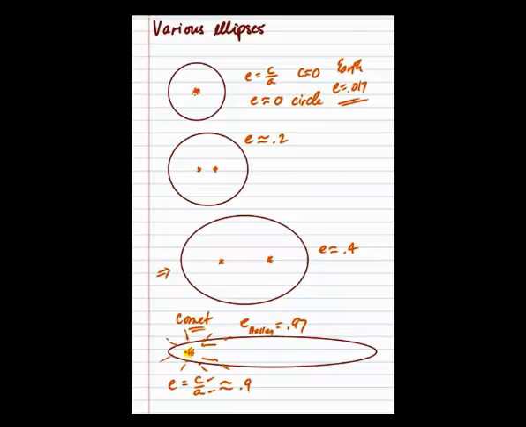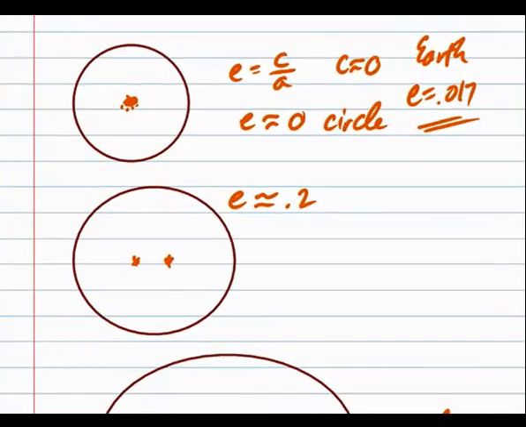Now, Kepler's law deals directly with planets. Planets in their orbits about the sun follow an elliptical orbit. But the same thing is true with moons, such as the Earth's moon. Now, it's not going around the sun, of course. It's going around the Earth. So let's draw that right here. There's the Earth. That's an E. We might ask, what is the eccentricity of the moon's orbit? Well, it turns out it's